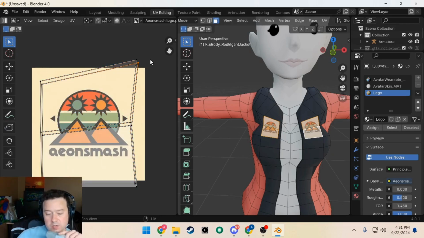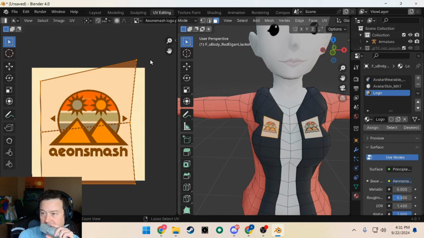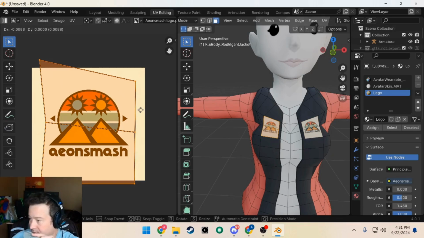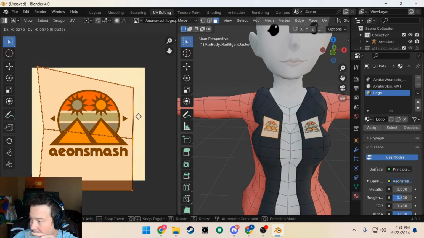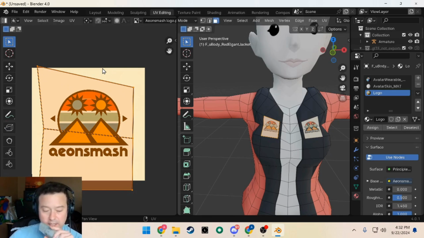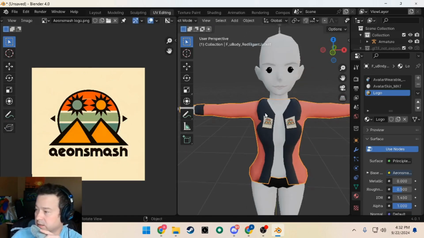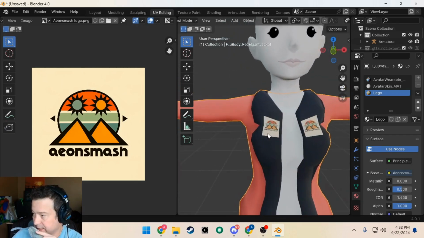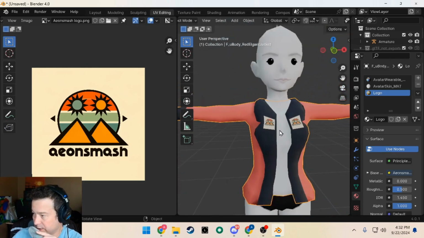So what I'm gonna do is just go back, Control Z, there we go. And then just gonna eyeball it. So I think I'm gonna move it over, bring that up. I'm just kind of eyeballing it, I want it to look the same on both sides. There we go. And so voila, there we go. I mean, it's not the greatest thing in the world, but that is how you